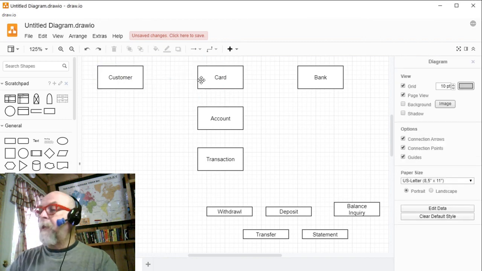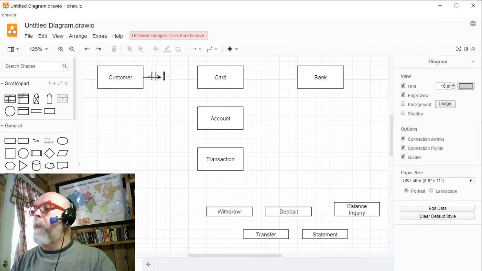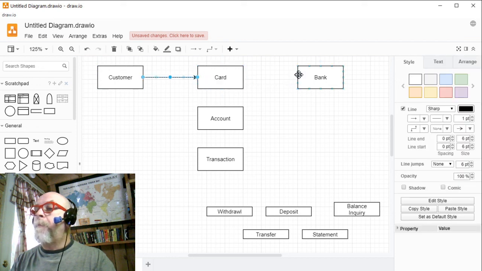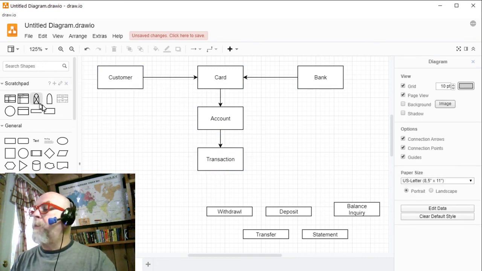Oops, Control Z, I hit the wrong thing. Customer to card, bank to card, card to account, account to transaction,